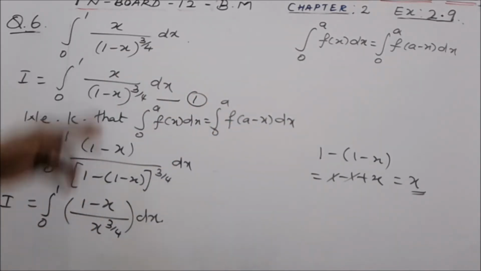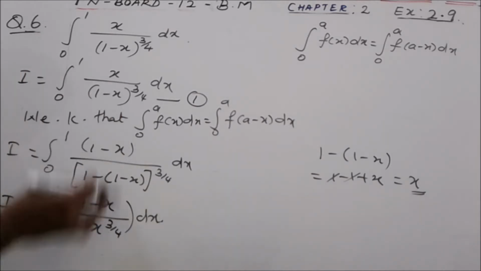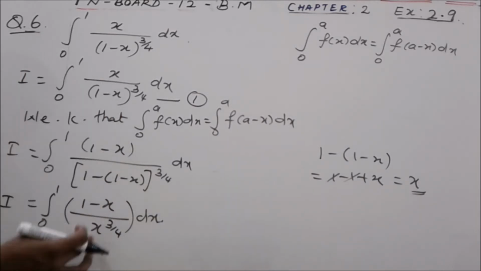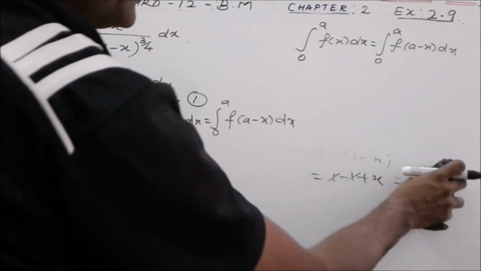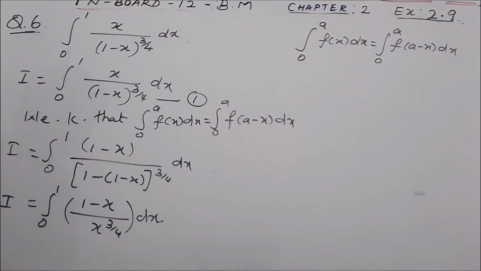Now here we need not merge 1 and 2 because these two have different denominators. Simplifying these two functions is very difficult. So we can directly go to the answer with this integral only. So now this can be simplified as I equal to